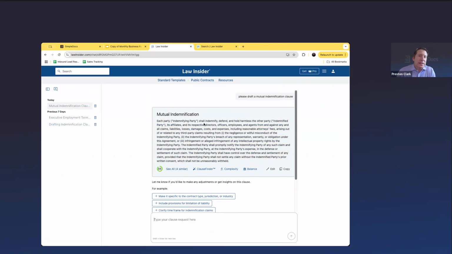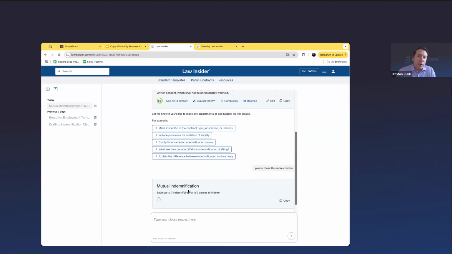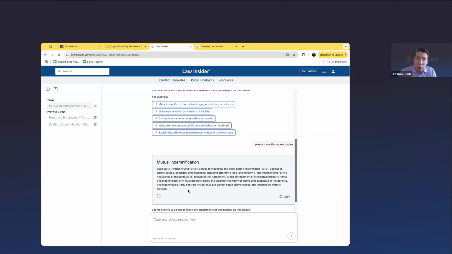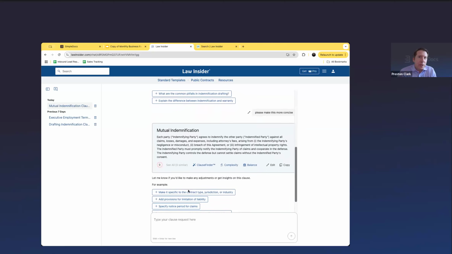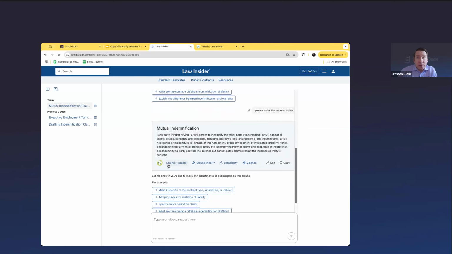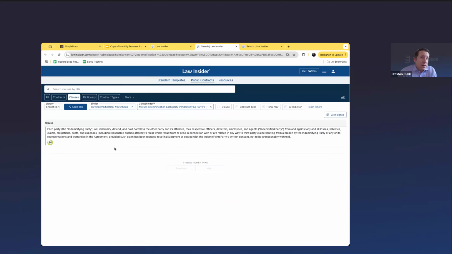Someone can give me an idea of what to put in here. If you're curious, I can run this. You can also do this right now. You can go to lawinsider.com/chat. Again, I just caution you that this is very, very early in the beta. So okay, I asked it for a change, and now I'm at 80, and I have one similar example that I can compare it to.